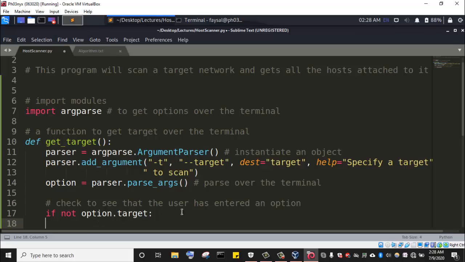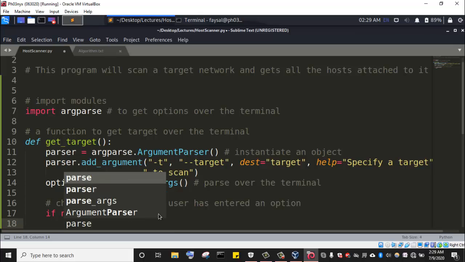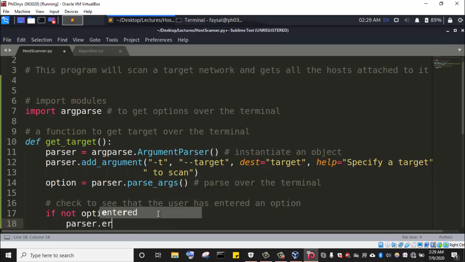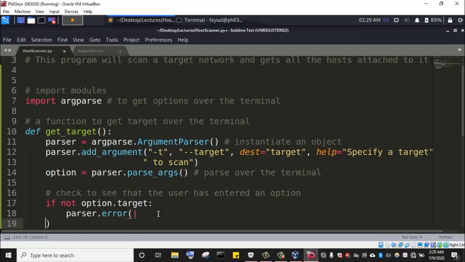Now we want to check to ensure that the user has actually entered that value. So that is how we're using if not option.target. That means if that value doesn't exist, so if it evaluated true, then we want to output an error message, parser.error, using this error function to notify the user that he didn't enter any value, so the program will not run. So okay, in a very friendly tone, let's remind him, hey buddy, you need